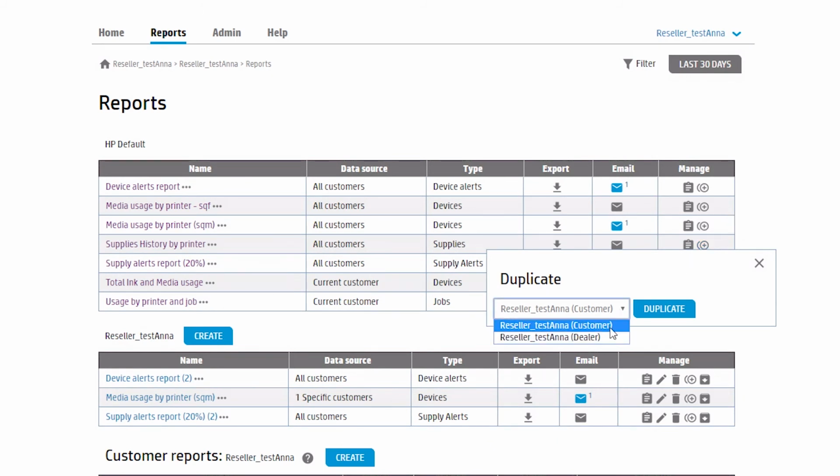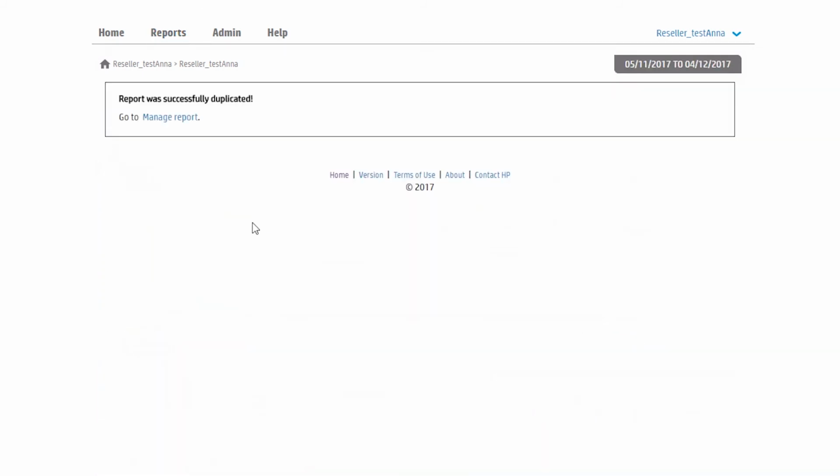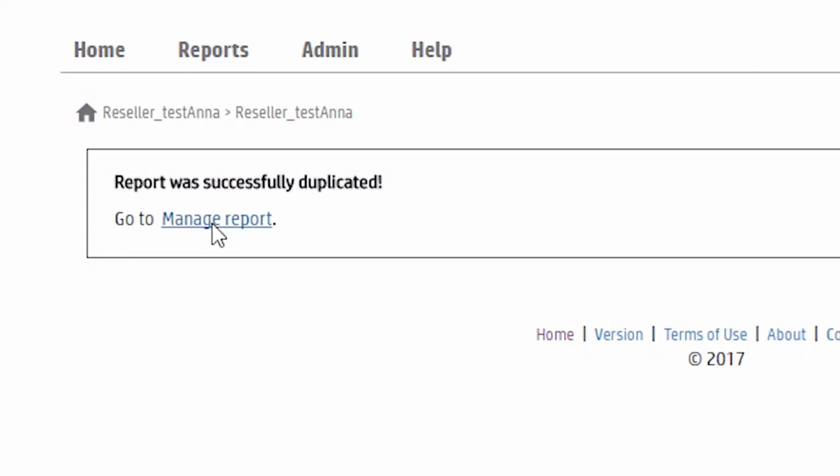Then, a 2-option menu will appear. In this menu, you will select where you would like to place this report on the reports page. If the report is for you, select the option that says Dealer, and then click Duplicate. Once the confirmation page pops up, it means that the report has been created and now you can customize it.